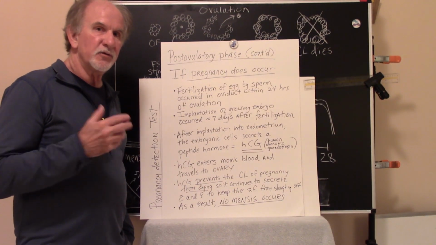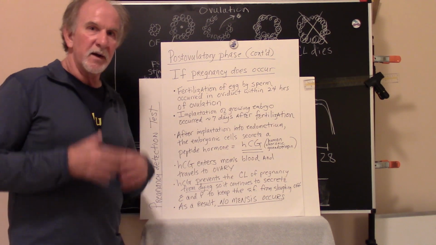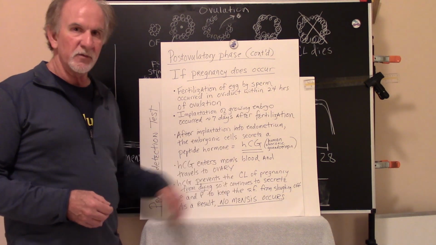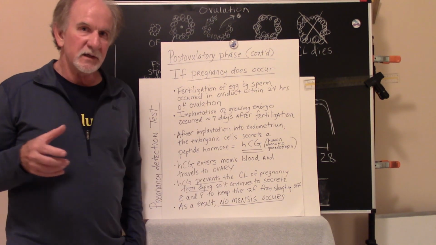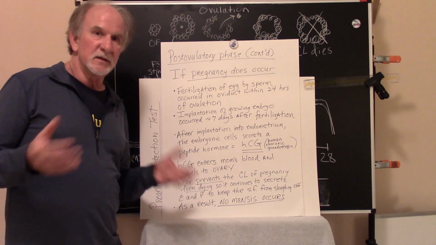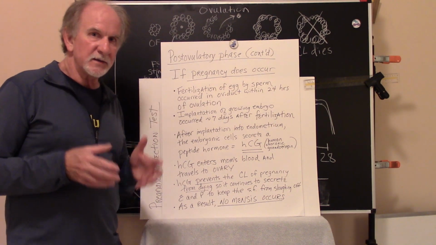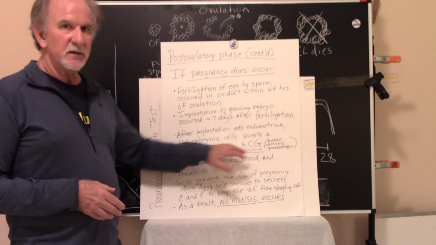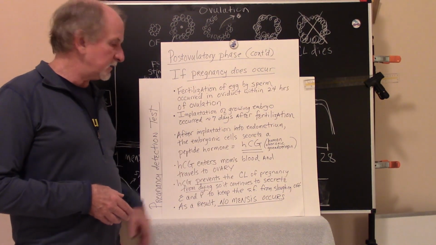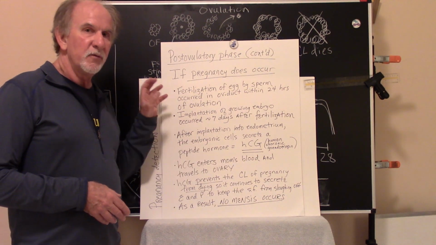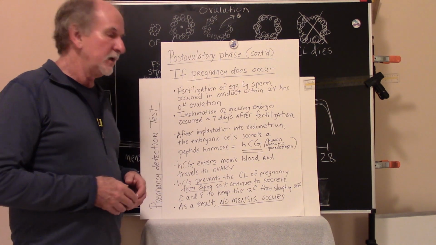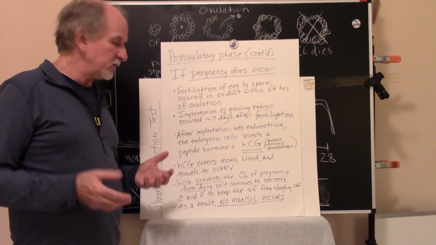And the HCG secreted by the embryonic cells goes into mom's blood, and mom's blood then would carry the HCG to the ovary, where the HCG prevents the corpus luteum that would otherwise be programmed to die after 14 days to not die. So HCG is a hormone secreted by embryonic cells after implantation that prevents the corpus luteum from dying. And as a result, the corpus luteum stays active and continues to secrete estrogen and progesterone, which maintains the